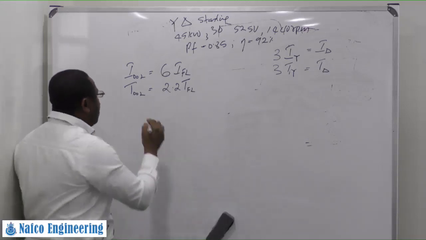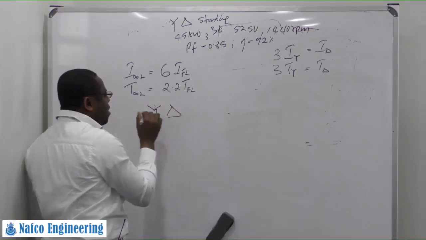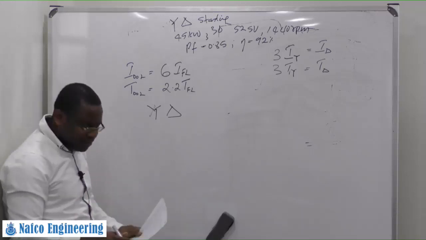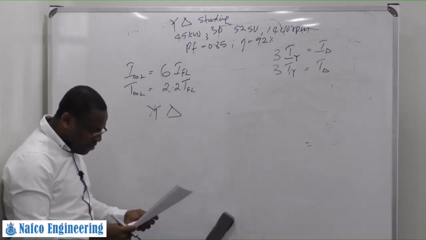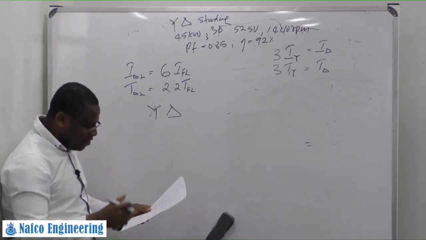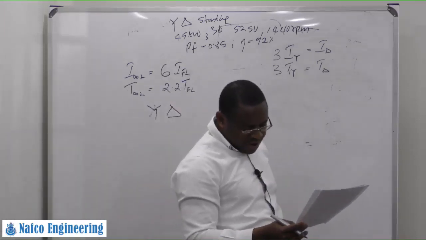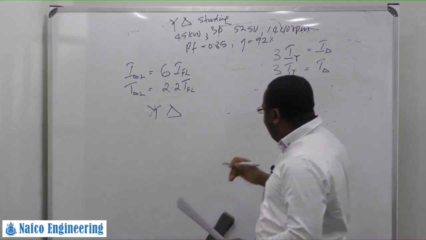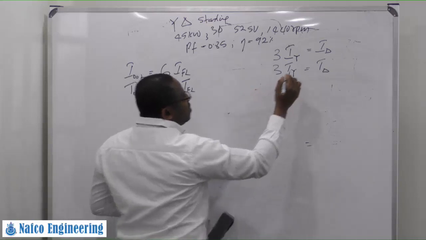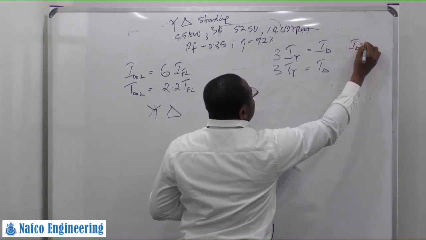Now if we are using star delta starting, in other words, start with a star first and then you switch to delta, we must establish the current drawn and the starting torque when it is started as a star delta. So we have this. I can write here that I delta will now be